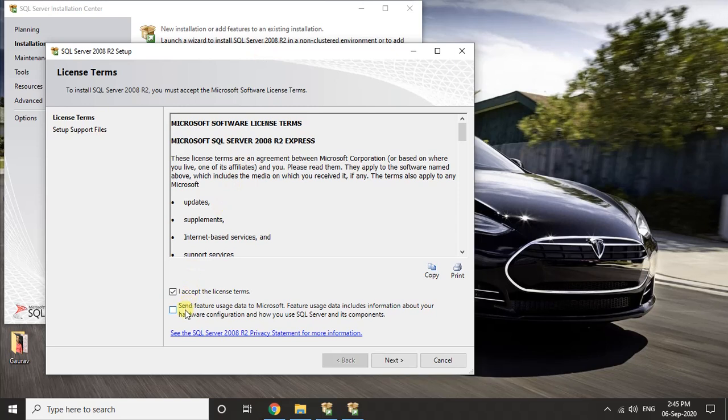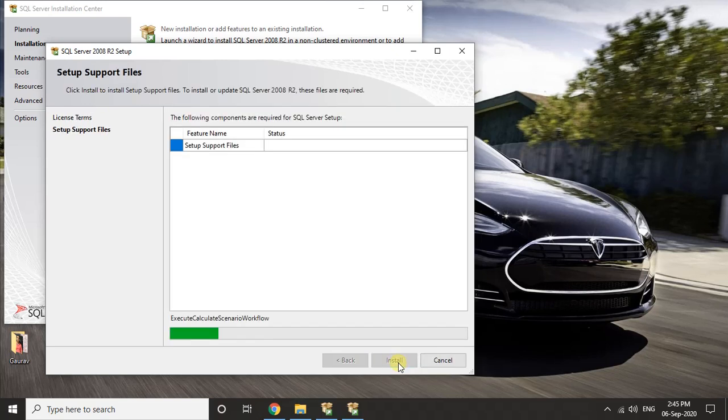Now we will check both the check boxes. We will check and click on the next button, and the execution of the process starts.